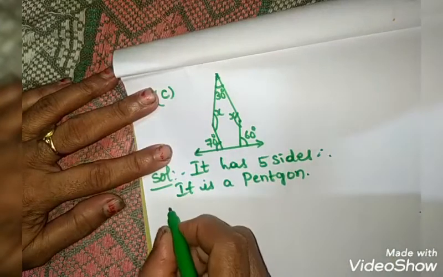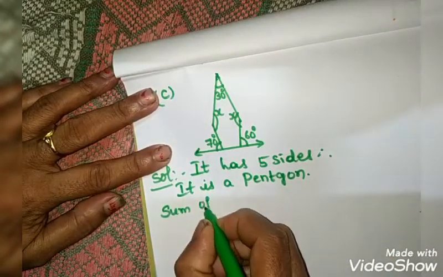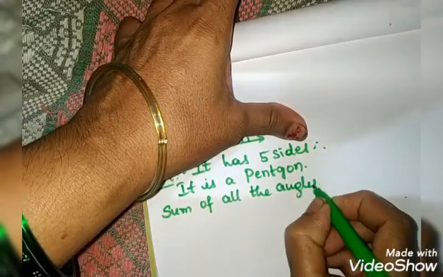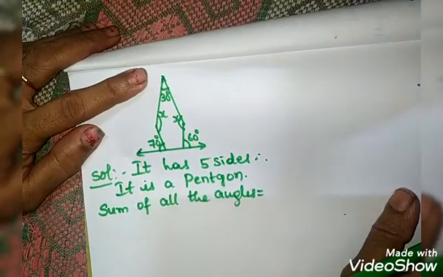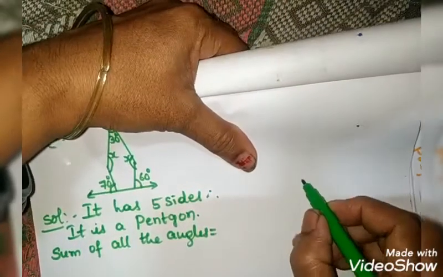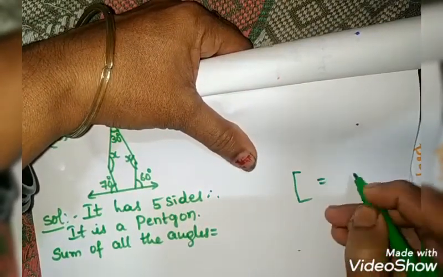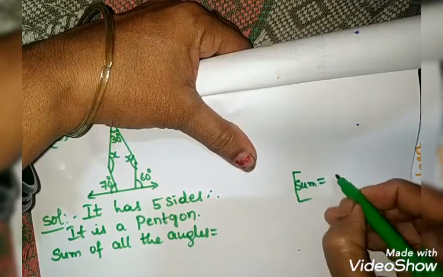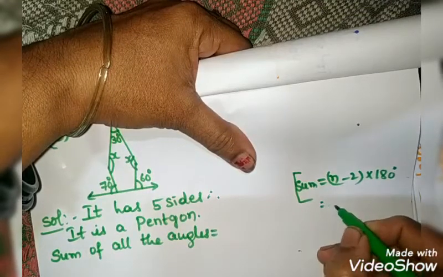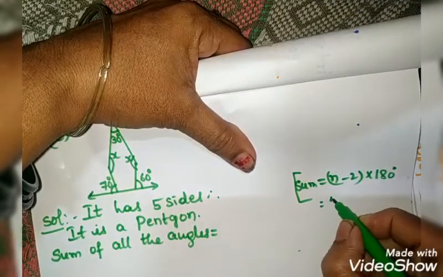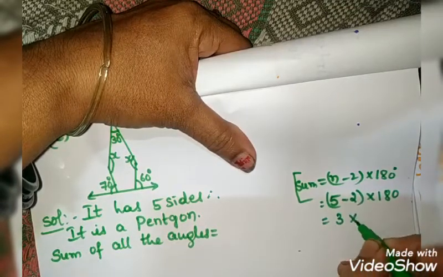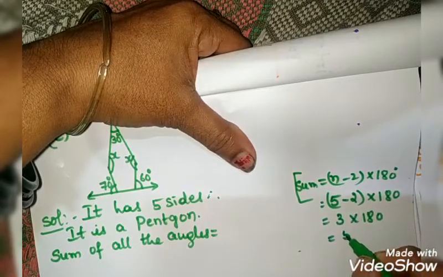In a pentagon, the sum of all the angles, how much it is? How can we find out? If you can't remember, which one can we use, children? We can use this method, isn't it? The sum of all the angles is equal to n minus 2 into 180. We used to do this. N is how much? Number of sides. 5 sides, minus 2, into 180. 5 minus 2, 3. 3 into 180. So it is 540 degree.